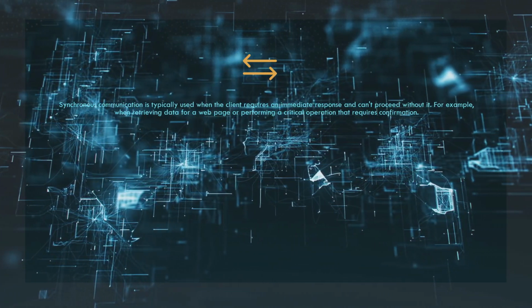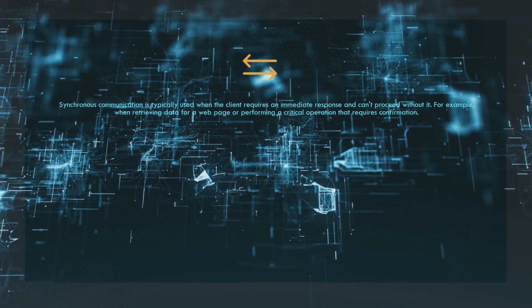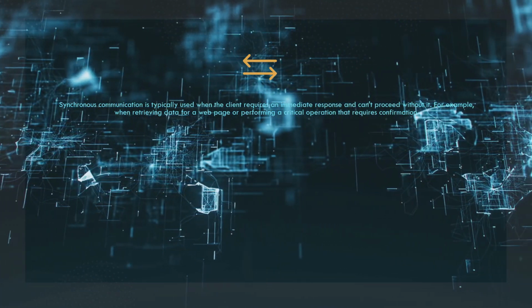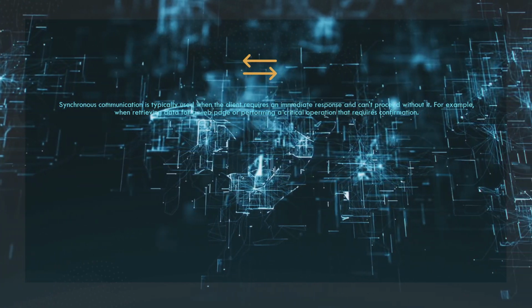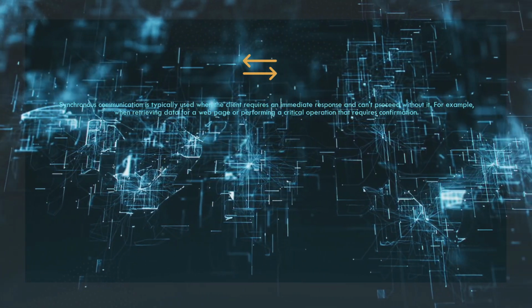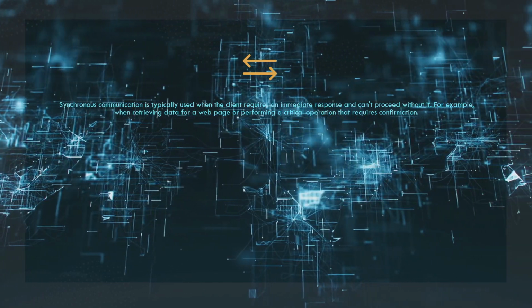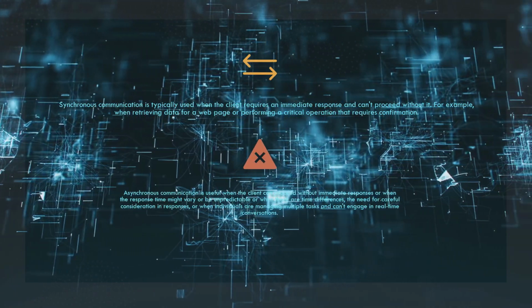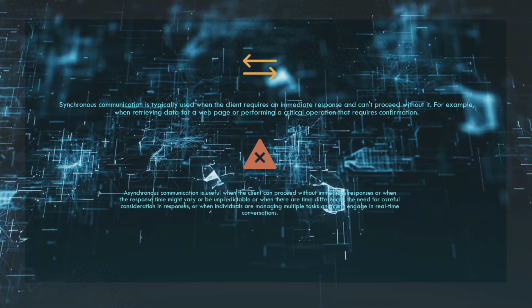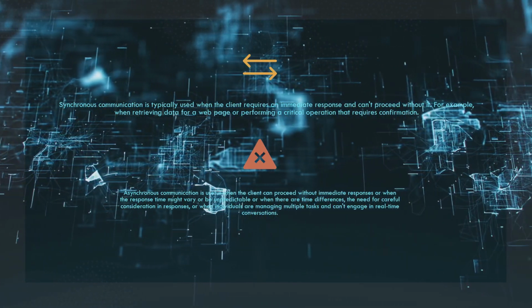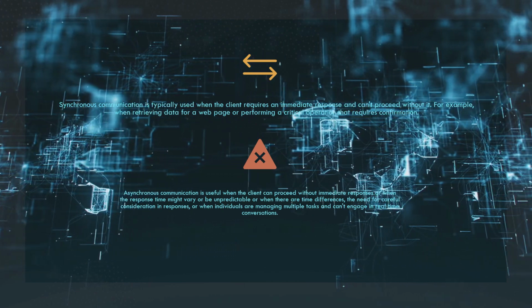So in short, synchronous communication is typically used when the client requires an immediate response and cannot proceed without it. For example, when retrieving data for a web page or performing a critical operation that requires confirmation. While asynchronous communication is useful when the client can proceed without an immediate response, or when the response time might vary